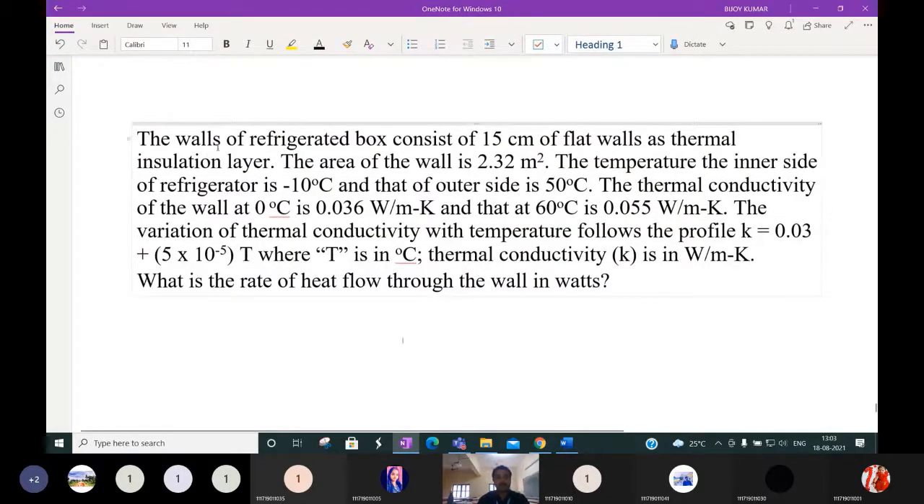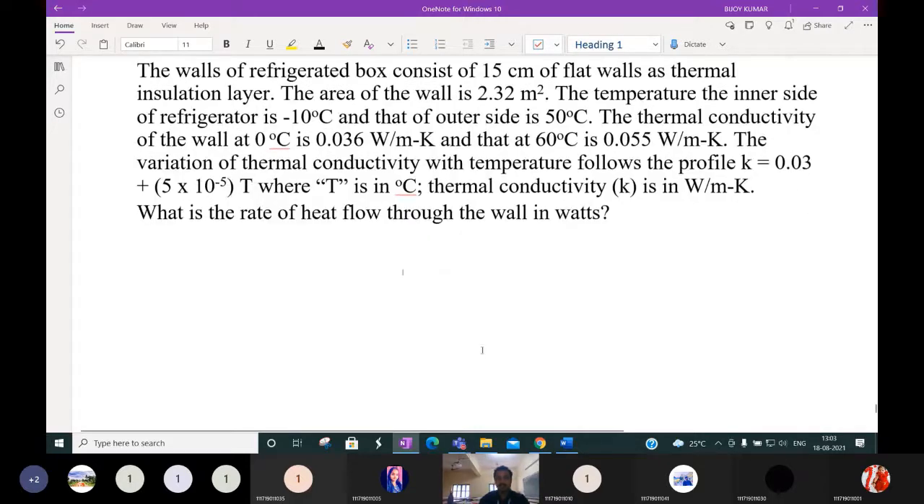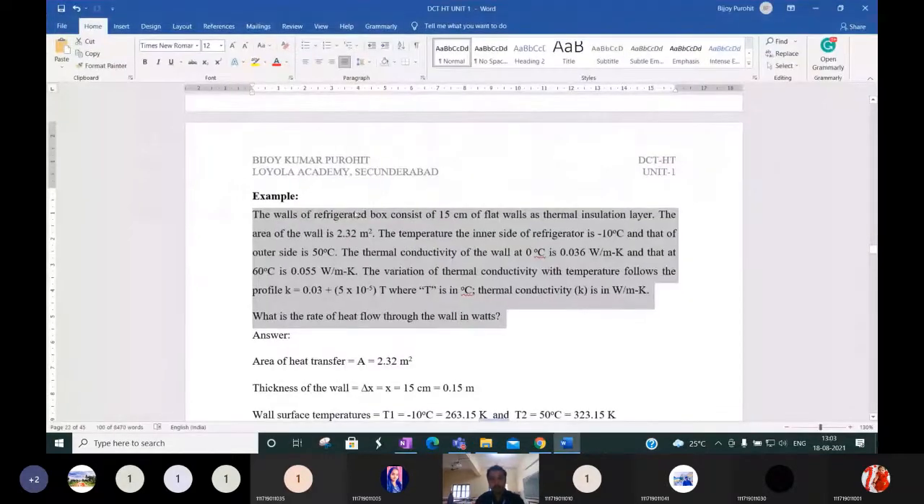The walls of a refrigerated box consist of 15 centimeter flat wall as thermal insulation layer. Okay, you got it? The walls of a refrigerated